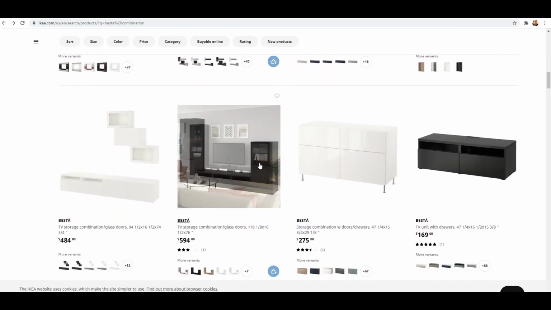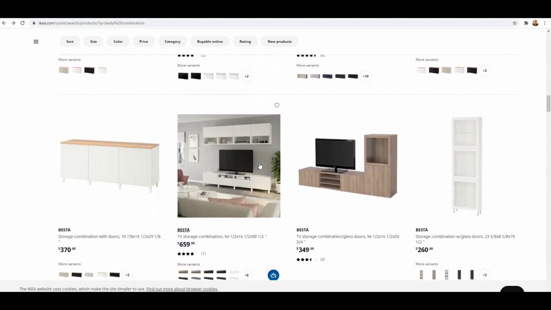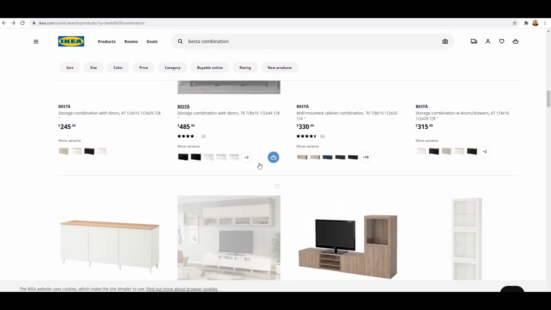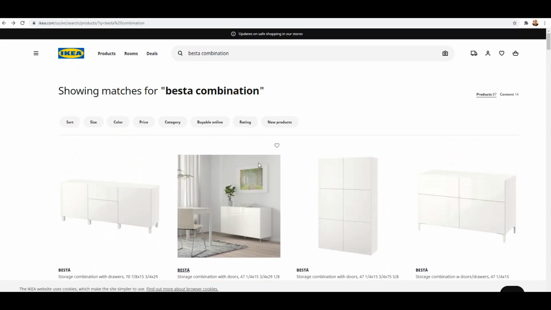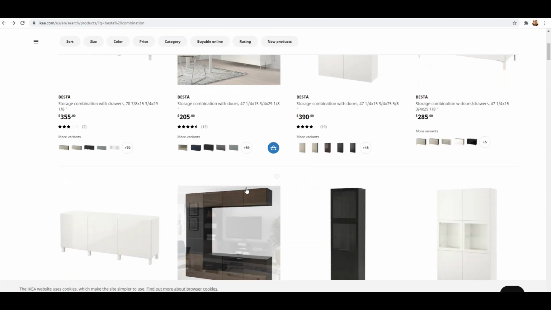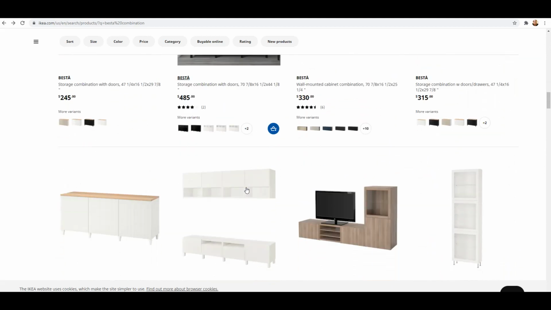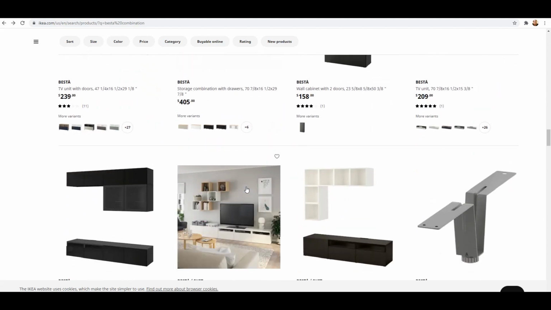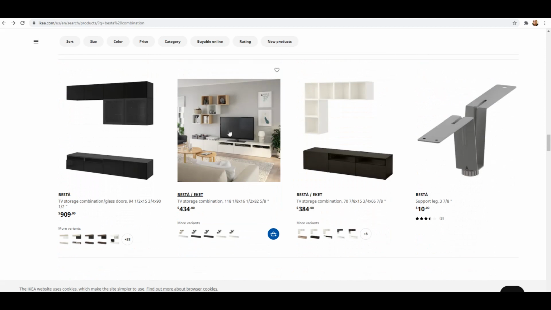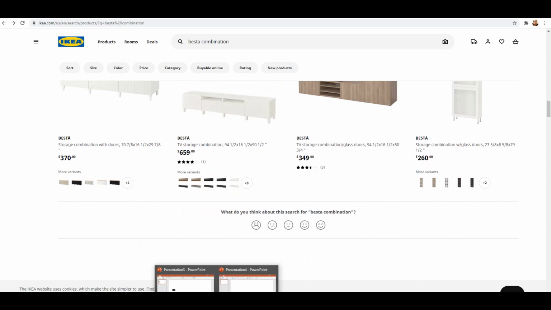Bestas come in different sizes, different box colors, different door colors, different door styles. You can get glass doors, shiny doors, texture doors, all kinds of doors. So it's a very flexible system. It's got a clean, modern look, and it will give you a really cool looking vibe, and very inexpensive. So we're going to be doing something similar to this but hung on the wall, but ours is going to look a lot better. Okay, so go to PowerPoint,